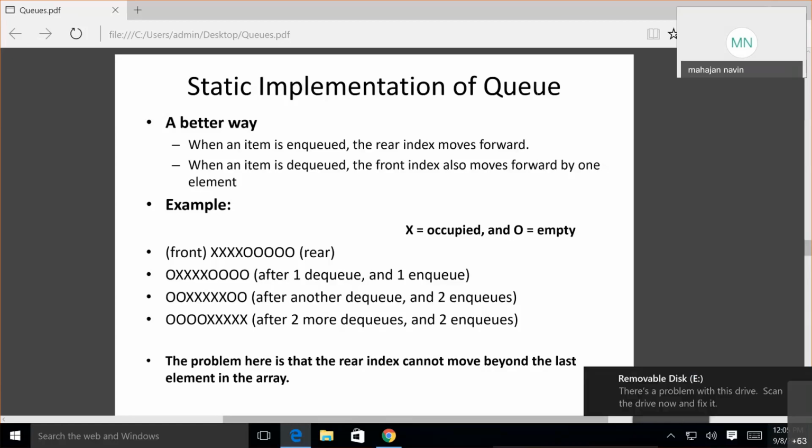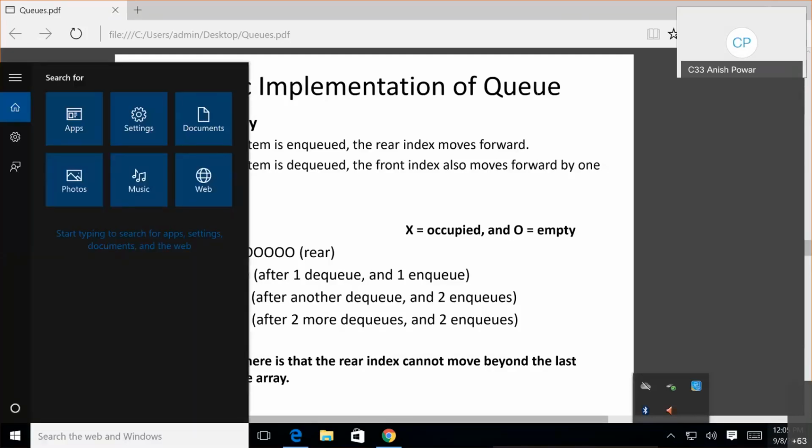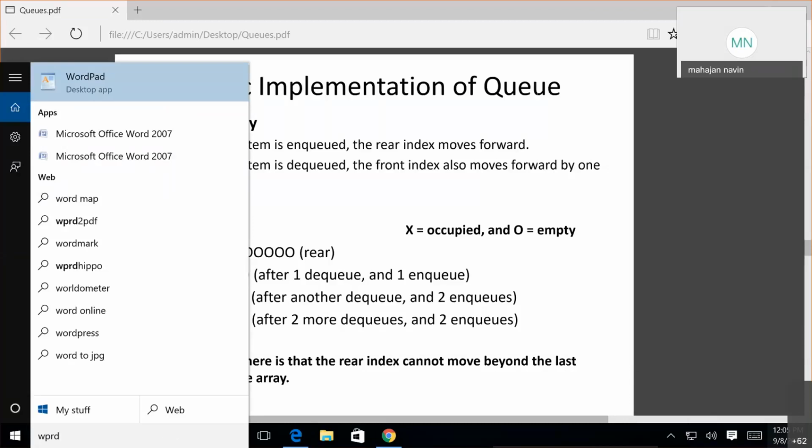Hello? Hello? Am I audible? Yes, sir. Okay, I just opened Notepad. It was visible to you or no? No, sir. Okay, fine, no problem. I will do something else. Open Paint or Word. We'll open MS Word.